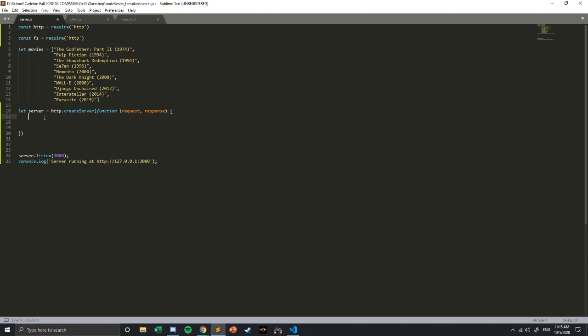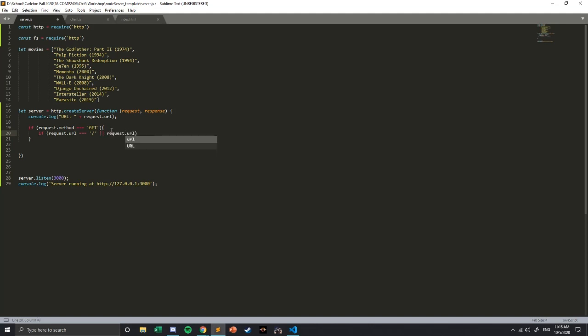Alright, so we will first be console.logging the URL here, just so we have a log of what URLs are getting sent to the server, so we can track our inputs to it. First thing is to create an if statement: request.method, and we'll check if it is equal to GET. And if it is, the first URL we check is if it's the home page, which could just be a slash,